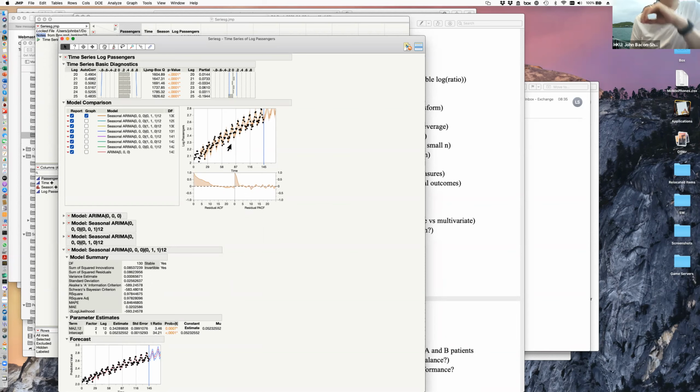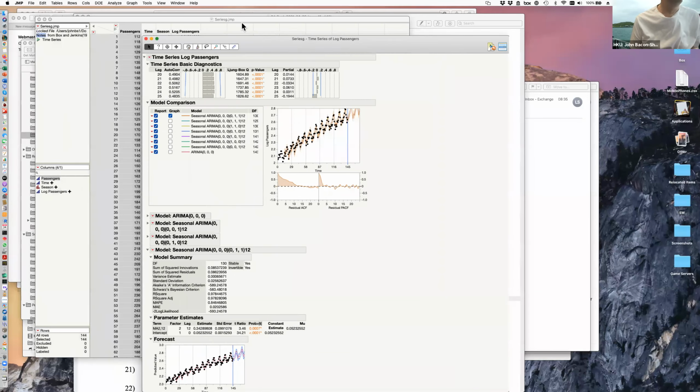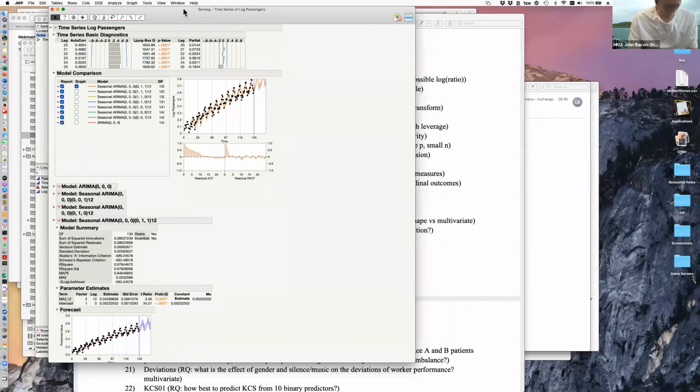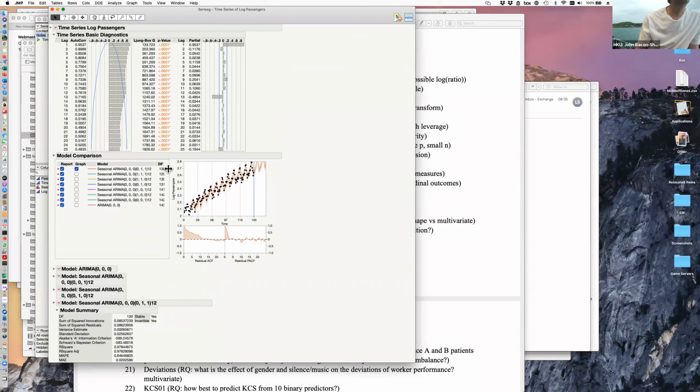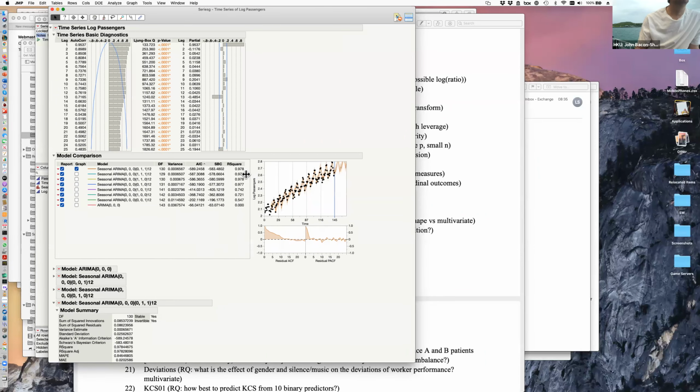So meaning we started out with how many data points? 144. So this one has 12 lags. So this has 11 parameters for the... Oh, I see, yeah, we can see the AIC on the left. Well, the AIC is on here. I see, I just didn't move this far enough across. Yeah, thank you. So we can see clearly that